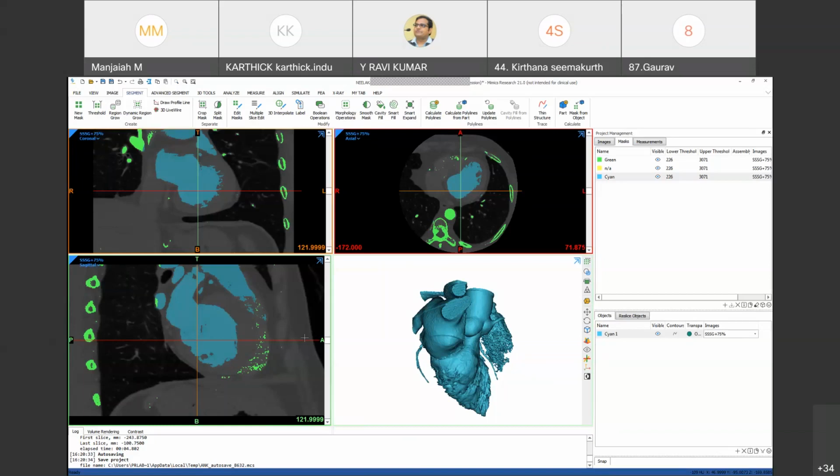Mimics is a licensed one, so we can't do that, but 3D Slicer is an open one; you can do such things. But if you want to go for 3D medical models, ITK-SNAP is a good one. Yeah, sure, sir. I'm in the group actually. You can contact me.